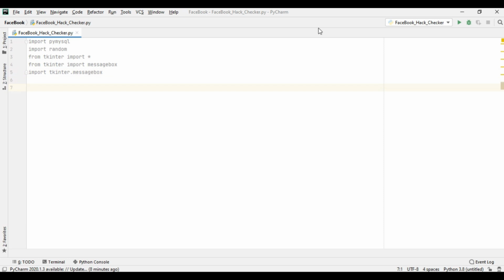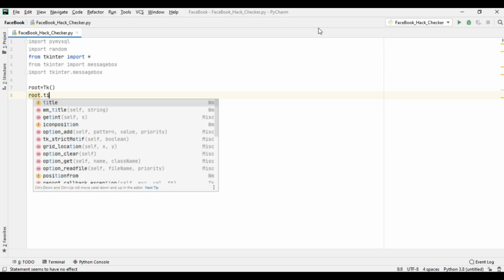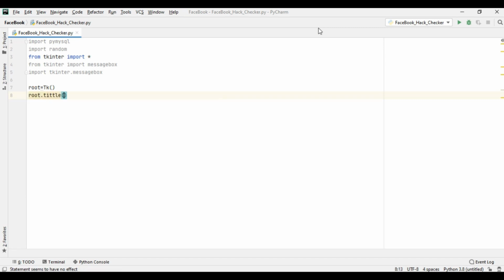Now we will build the application one by one. Root equal to Tk, and we will name the application Facebook Hack Check.